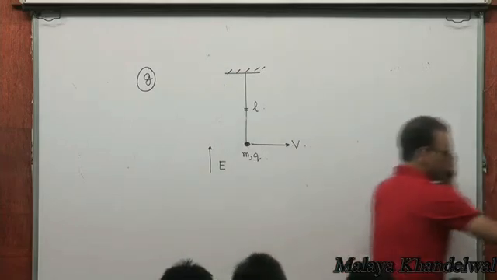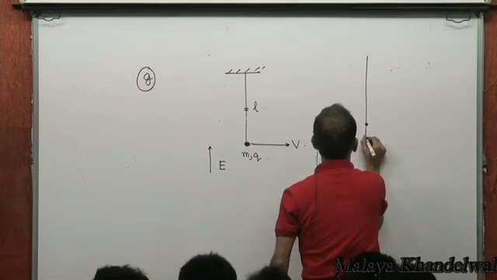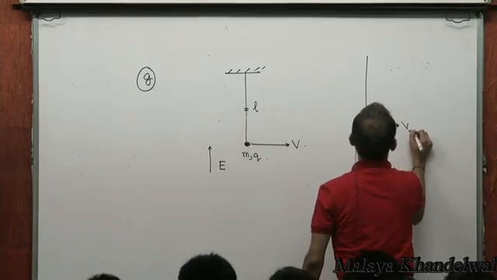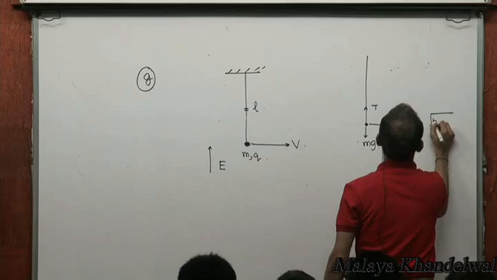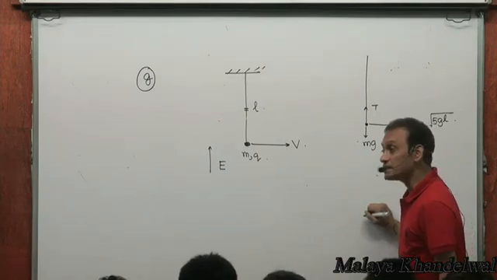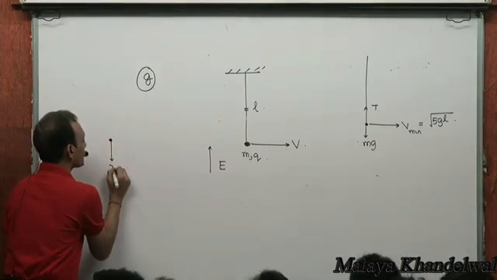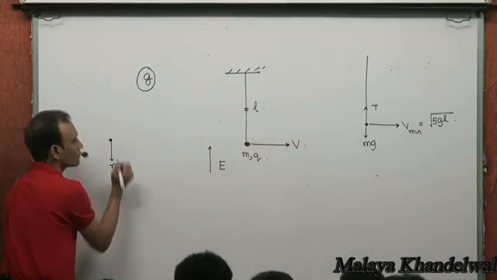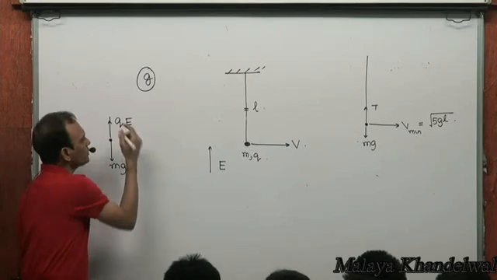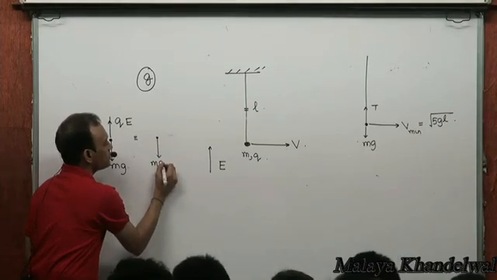Right? Now, you know that if E was not there, then the only two forces acting would have been mg and T, and the V minimum to complete the circle in absence of E would have been root 5gL. Root 5gL would have been the minimum V so that it could complete the circle. Now, realize what happens is, if you look at this mass m, there is mg acting, right? In addition, there is a qE acting. Right now, the effective of these two is like mg minus qE,